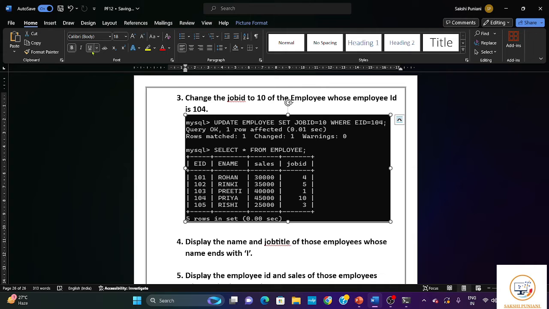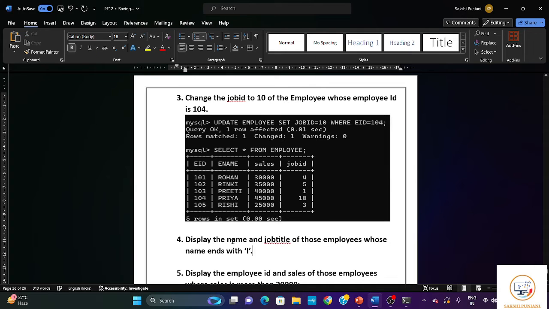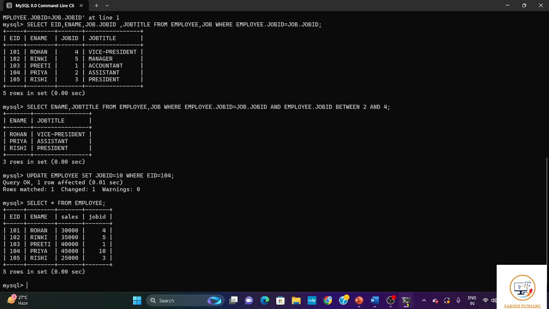Now we will move on to our fourth statement. Display the name and job title of those employees whose name ends with I. What do we need? Employee name and job title. Employee name is in the table employee and job title is in the table job. And we have to display the names of those employees whose name ends with I. So what we will say: select employee name, comma, job title